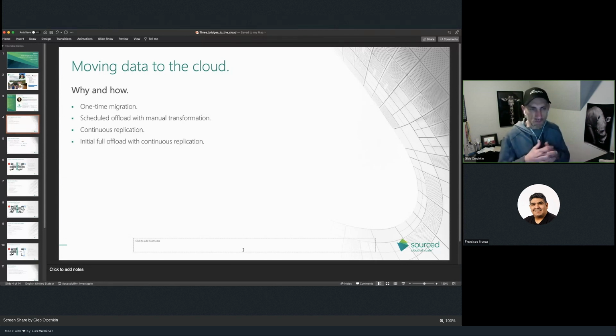All 3 tools I'm going to talk about can do an initial full offload of the data and then replicate the data continuously. Not always synchronously. It is not always even asynchronously. It could be some kind of half batch replication in some cases. I will talk about that a little bit later. But that is our main subject.